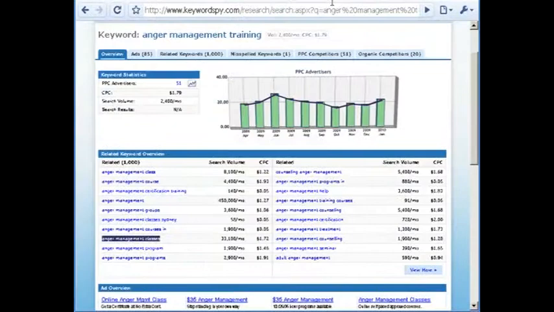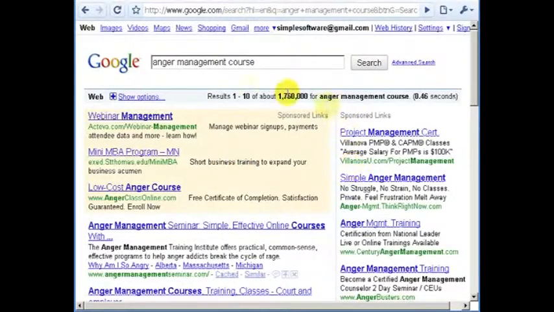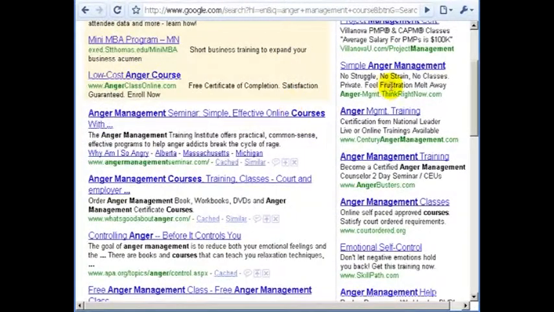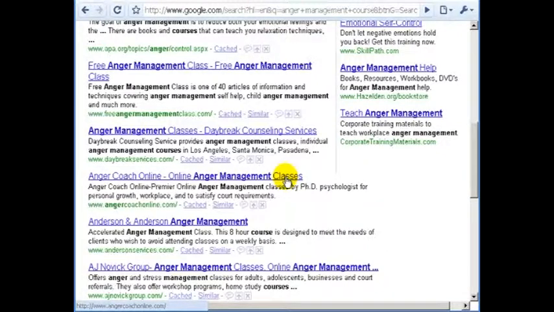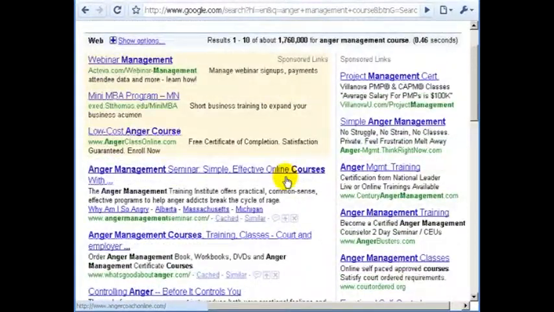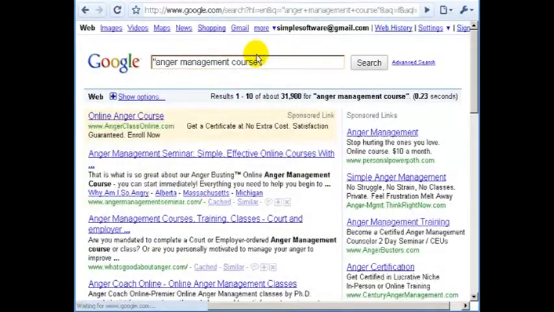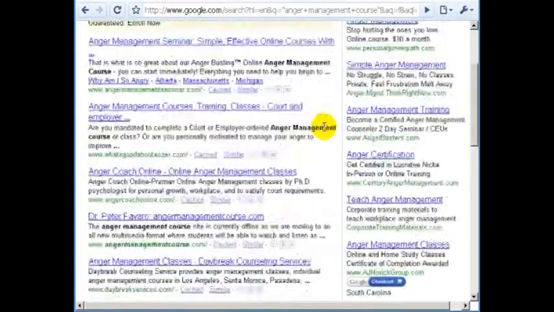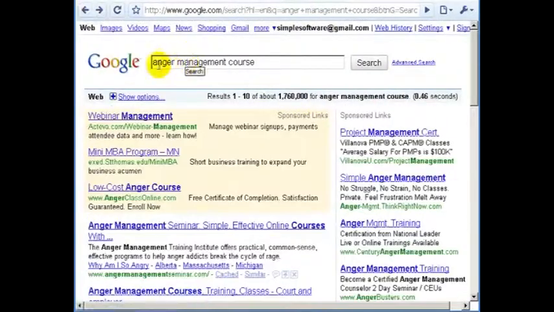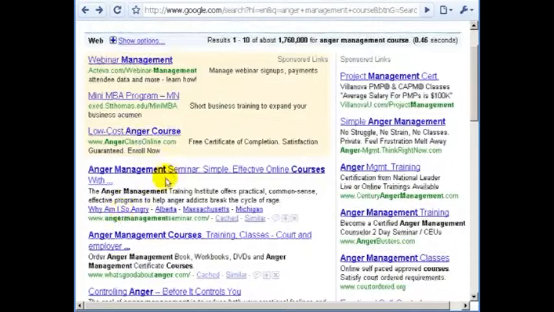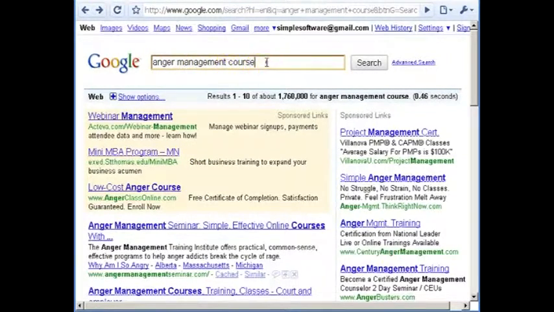So you probably want to find a longer keyword phrase, maybe anger management. We've got anger management course, and there's a lot of competition, but that does not mean that you cannot rank on that keyword. In fact, when I type in that keyword in quotation marks, it only gives me 33,900. Especially if you name your domain name and your title, as you can see here, not many of these have the titles, but if you name an anger management course,